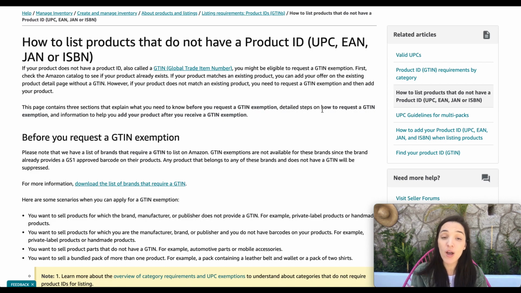And just in general, I believe the majority of you guys are actually going to be private label sellers. And for almost every single category, if you are selling a private label product, you are able to request GTIN exemption. But you can go here and download the list of brands that require GTIN, and you're going to be able to see if you're selling one of those brands,